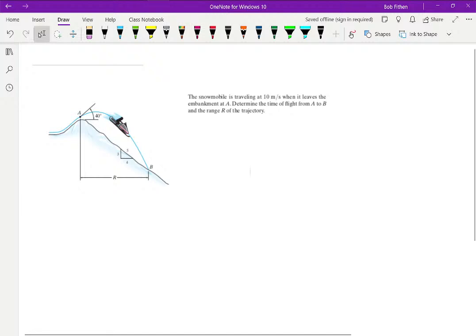Okay, here there's a snowmobile. Dude is traveling 10 meters a second, leaves the embankment at A. Determine the time of flight from A to B, and then the range. This is a case in which the line